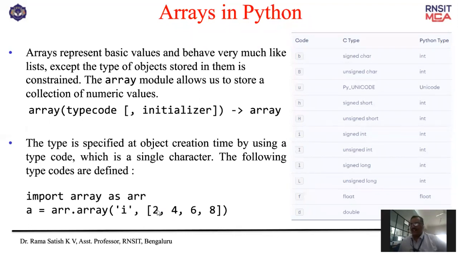If you give i and some other character, it will throw an error. It should be only integers. Even if you write a floating number or a double number, it will throw an error. That is one thing you should observe.